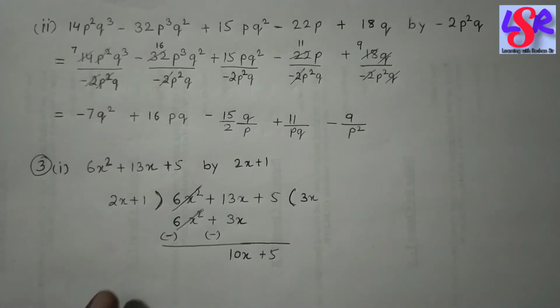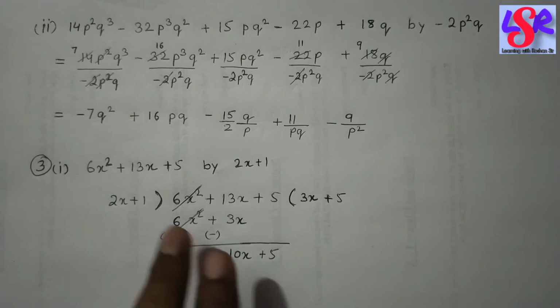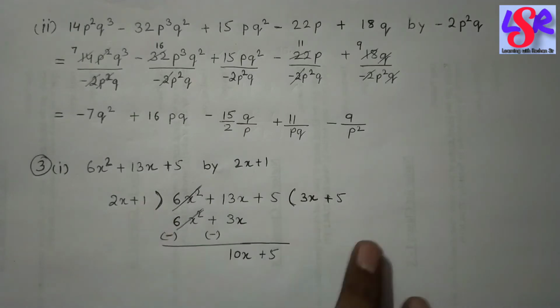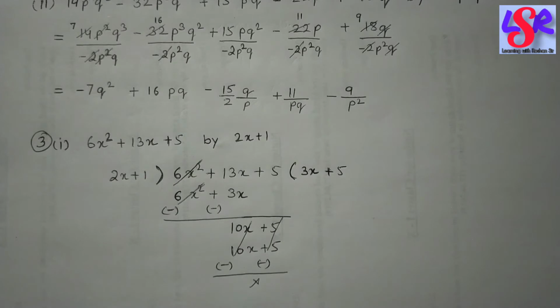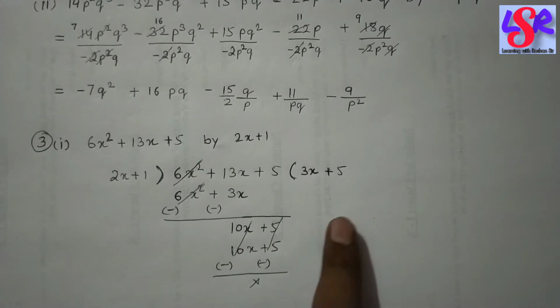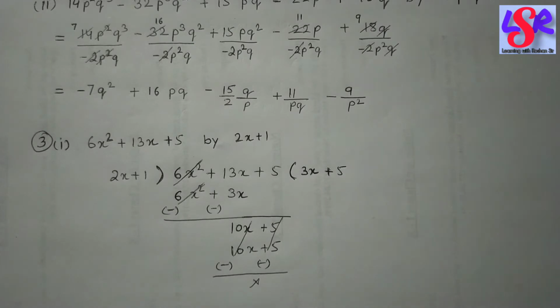Then we'll multiply something in 2x to get 10x, and we get 5. So 2x into 5 we get 10x. After that we will multiply 1 also with 5 to get 5. Then after writing this, we are going to change the signs of these two and then subtract it. And after subtracting, we get 0 as the remainder. So our quotient is x plus 5 and the remainder is 0.